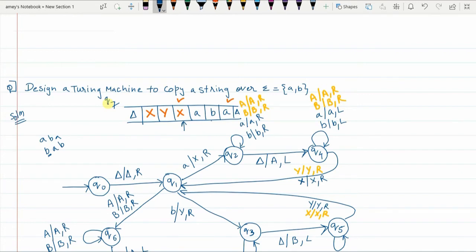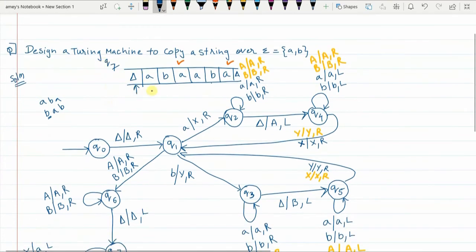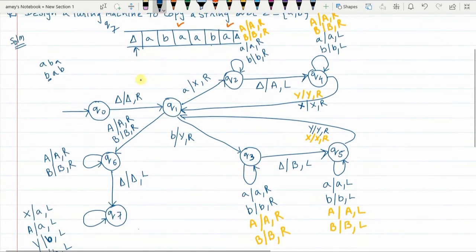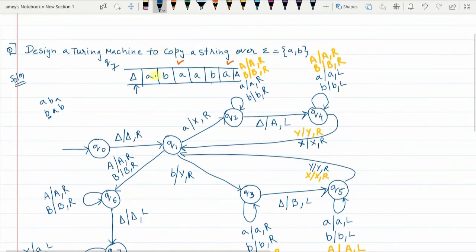Now capital X you replace with A and the pointer moves to the left. Capital Y you replace with B, pointer moves to the left. And finally capital X replace with A and the pointer moves to the left. Now here I would like to tell you, as you reach the beginning of the string, the original string that you had taken was ABA, and now what is there on the tape of the Turing machine? ABA. So pasted WW, correct?